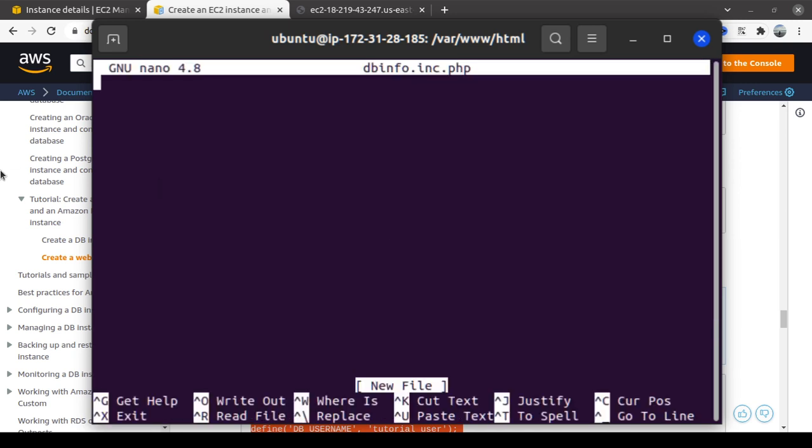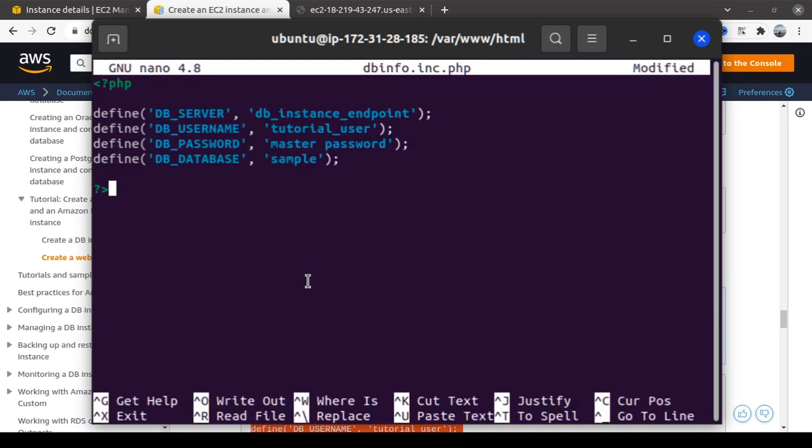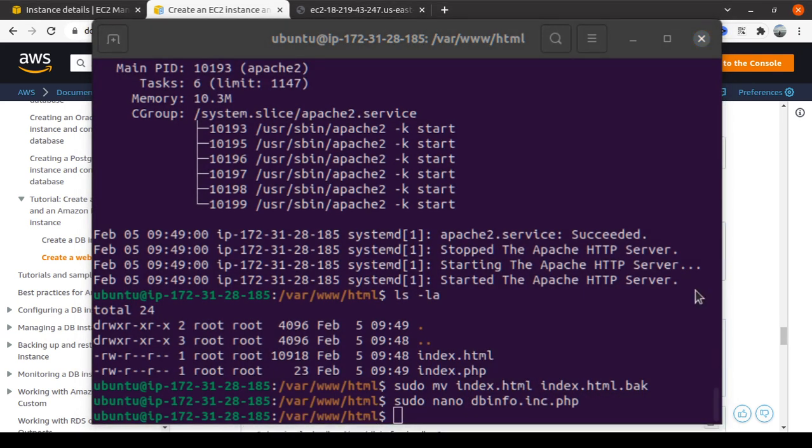Okay, just paste this one. I need to add the DB instance endpoint later. So for now, let's add the username. This one is root, and the other is the password, which is the one that I configured before. Root, RDS. Okay, and the second one is the database. For the other two, let's wait for the other information.